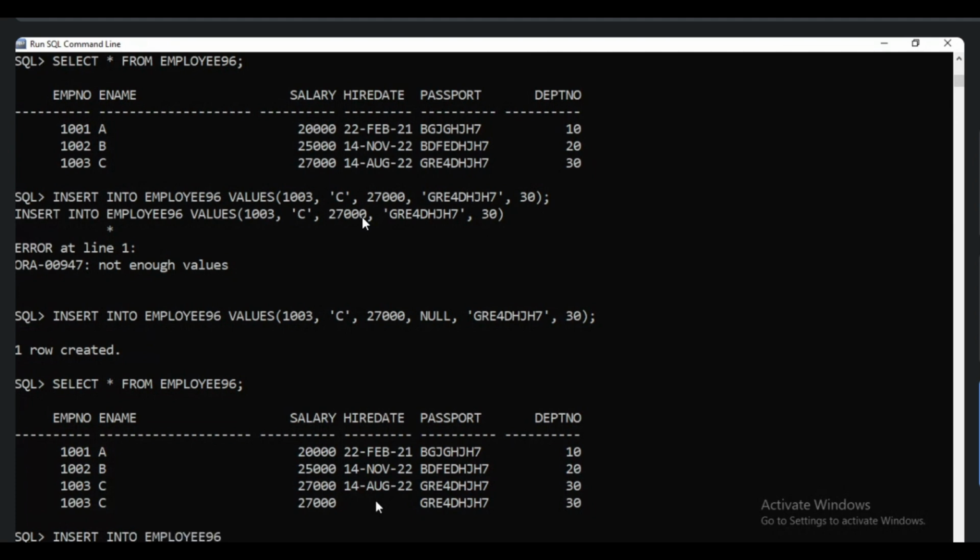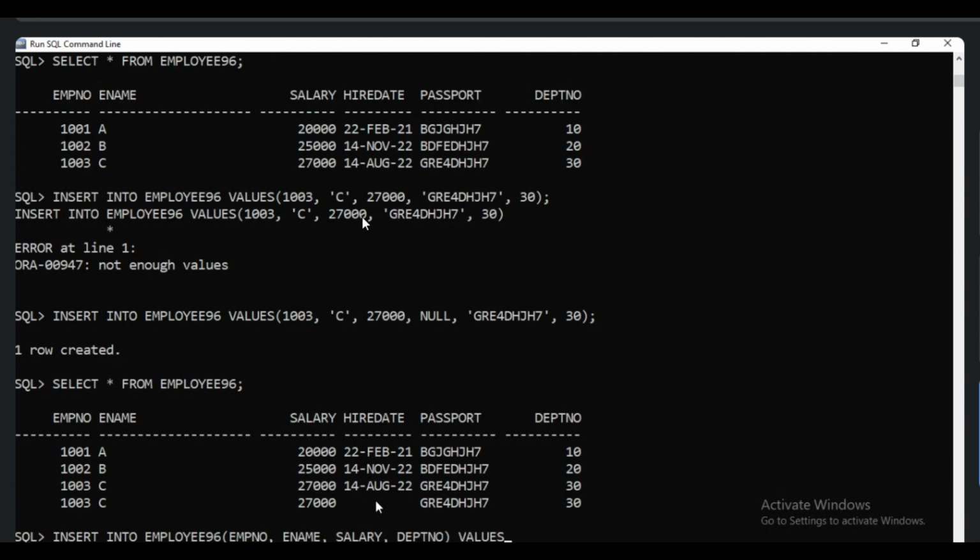Suppose we have 1,000 columns. Out of 1,000 columns, we have to insert only 5 columns. So we have to mention those columns, like employee number, employee name, salary, department.